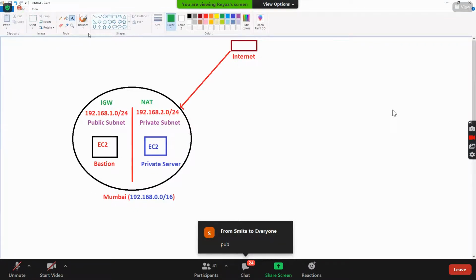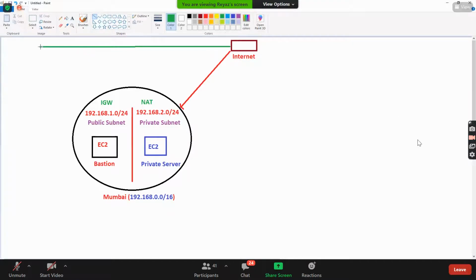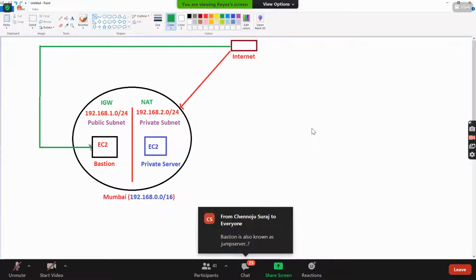From the internet, I first need to connect to the Bastion, also known as the jump server. And from here, I need to connect to the private server.